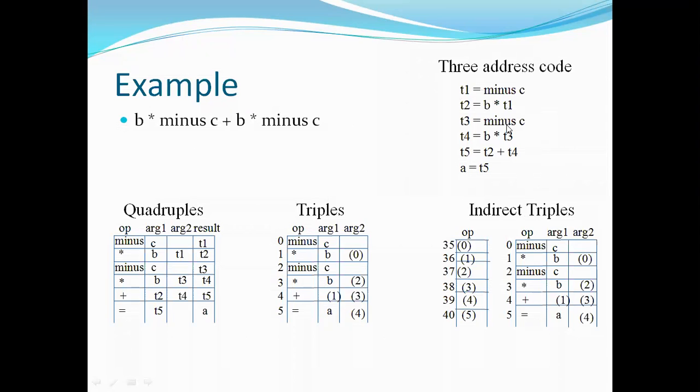From these translation statements, we get the given input statement, right? This is the way of checking whether the translation statements that you generated in 3 address code format for the given input statement are in a correct format or not. In such a way, you need to check it by doing a reverse engineering, just by substituting what T5 is and what T2 is and what T3 is, what T4 is, and so on. And then finally, if you generate the same input statement as it is from the given input, then the representations are in a correct manner, right?